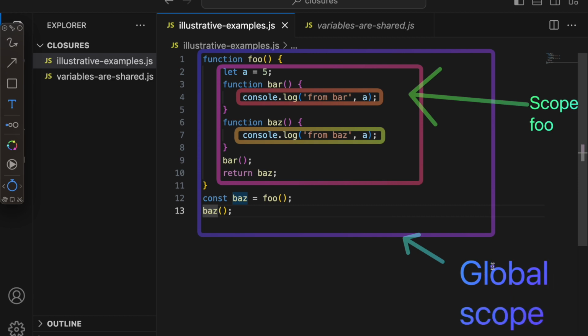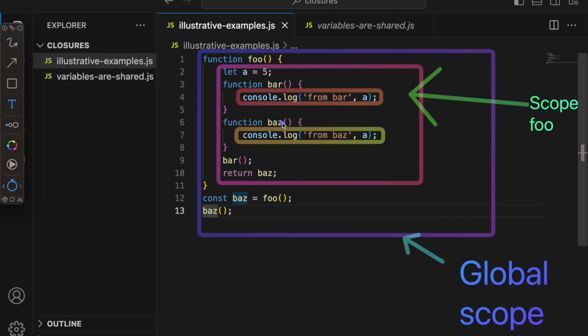Now see the difference between where we have called the badge function and where we have called the bar function. The bar function we have called in scope foo, and scope foo is where we have also defined bar. But in the case of badge, we have defined it in scope foo, but we are calling it inside global scope, that is, outside the scope where badge has been defined.